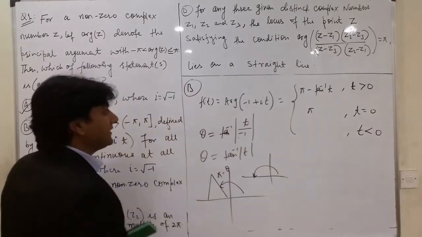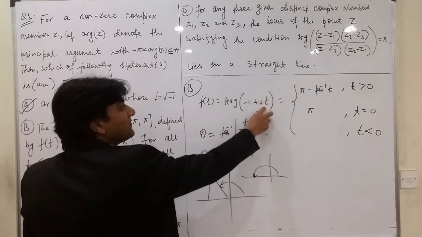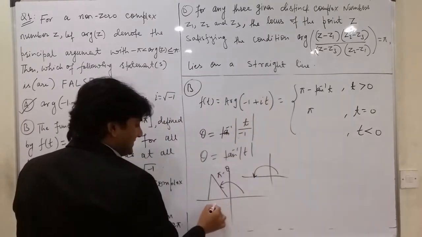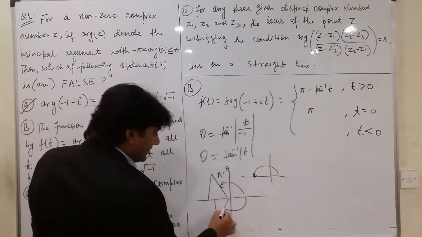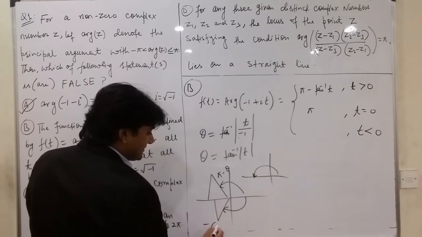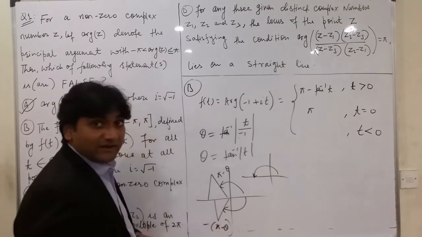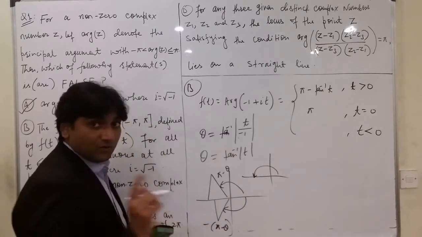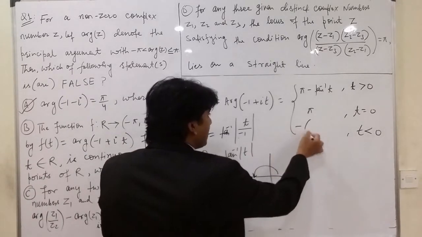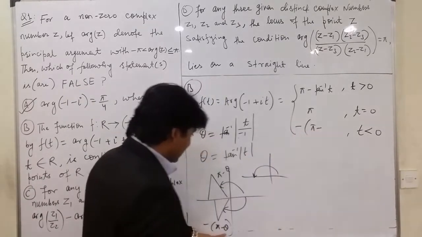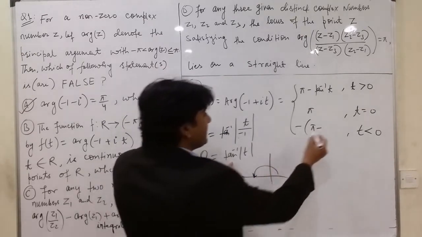We have to check. T is negative, it means y negative, x negative. So it lies in third quadrant. And in third quadrant, this will be our argument, which is minus of pi minus theta, right? Now you have to understand right here, which is minus of pi minus theta. And theta is this, tan inverse